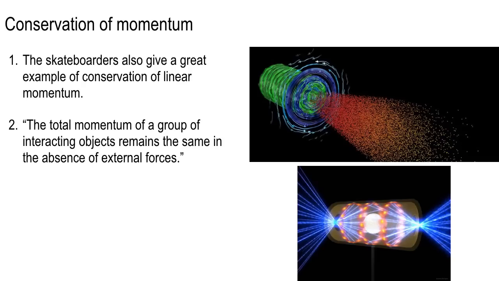Here's an English sentence to encode this idea of conservation of momentum. Because momentum is the coin of the realm, the coin of Sir Isaac Newton's realm. When we put Sir Isaac Newton in the driver's seat, this is how he's thinking, in terms of momentum. The total momentum of a group of interacting objects, skateboarders, boxcars, galaxies, protons and neutrons in the nucleus, will remain the same in the absence of external forces.